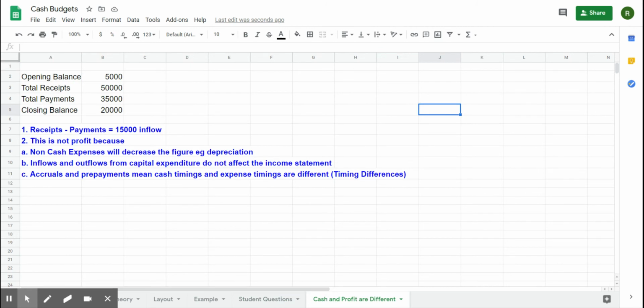Okay, something that some students get confused with, they look at this summary of what happens in the month or over a whole year, and quite a common exam question then is to ask them how it's different to the profit figures for the business. There are a number of key points that you would need to bring out if you're looking at the difference between a cash budget and an income statement. Over and above the fact, of course, that a cash budget is done at the start of the year, and an income statement would be done at the end of the financial year.